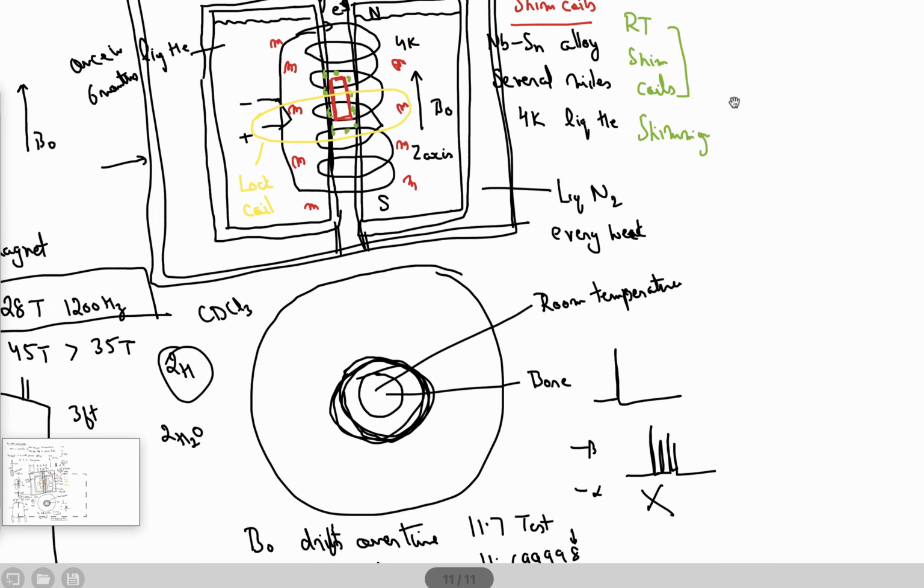So in the next lecture, we will be looking at the rest of the components, which basically include the electronics part: how to generate a radio frequency pulse, and how to detect the signal. That portion will come into the transmitter section, and transmitter. Let me just write down for completeness. In the next lecture we'll be discussing the transmitter, then the receiver, which receives the signal, and the probe. Okay, so that part will be covered in the next lecture.